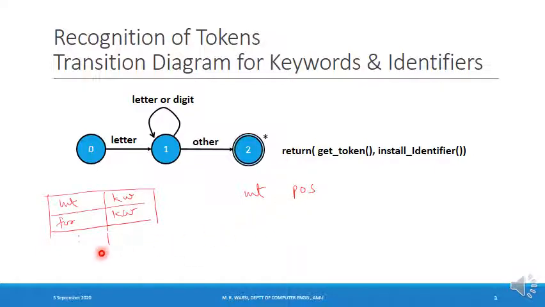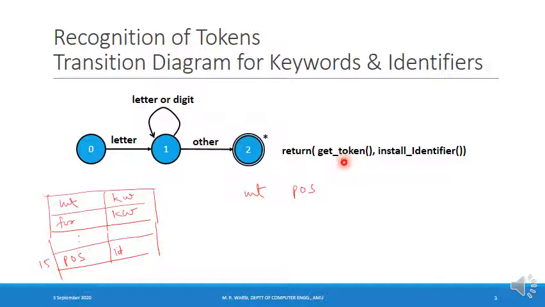Then install identifier function will enter this lexeme POS into the symbol table as an identifier, and let us assume that this information is entered at location number, for example 15 in the symbol table. So install identifier function will return 15 and get token function will return identifier.